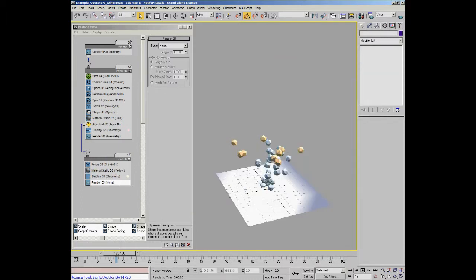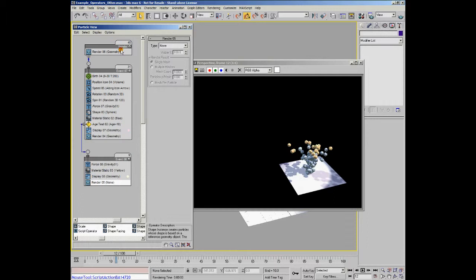So to get this operator to take effect, just turn off these operators. I'll do a render now, and you can see it's set to geometry at the moment. If I set it to none, you can see it's having its effect on all the particles in the system. If I set it to bounding boxes, we'll get bounding boxes for all the particles. Now, an interesting thing to note is something that we covered in DVD 1 in the series, particle flow fundamentals, and that is